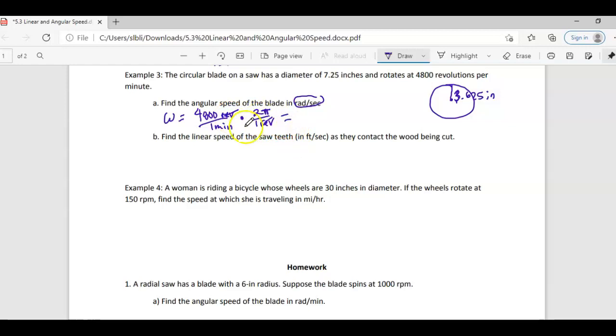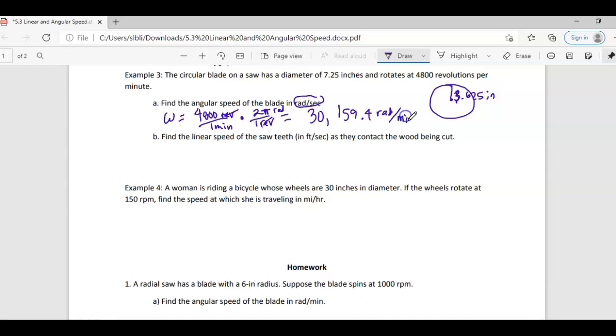And so first I'm just going to leave it as radians per minute. This is radians, right? And then we're going to have to convert that to seconds. So 4,800 times 2 pi would be 30,159.4. So that'd be in radians